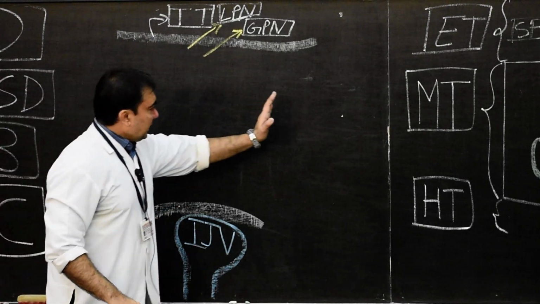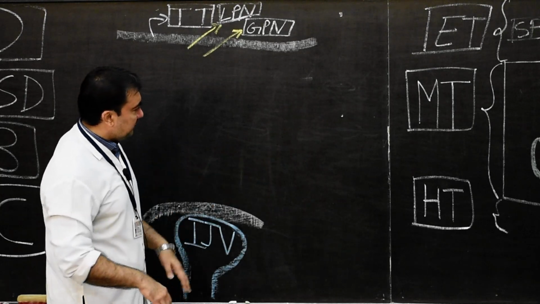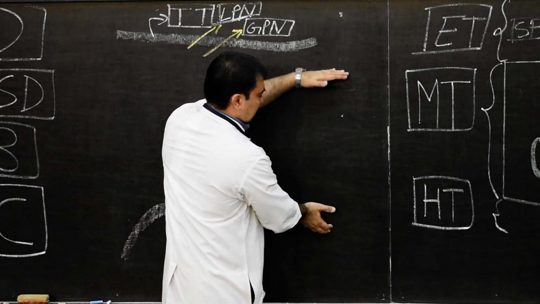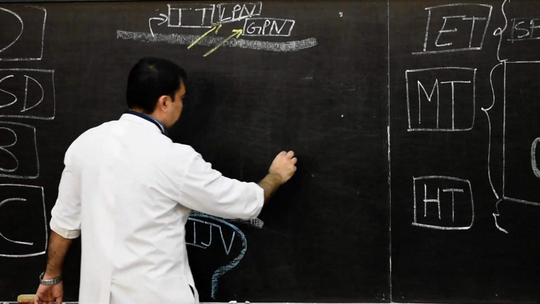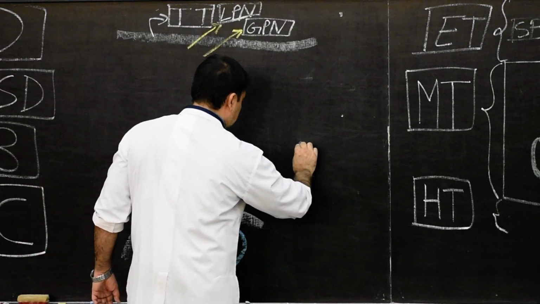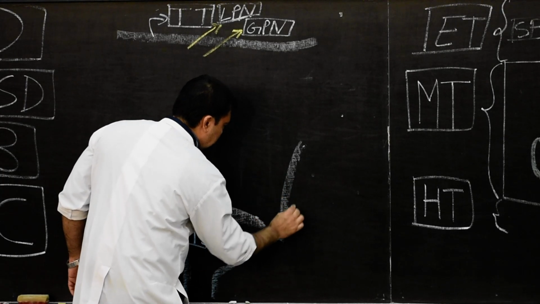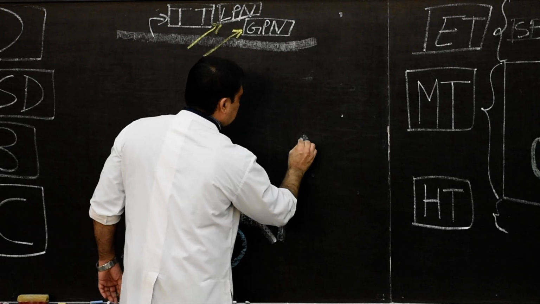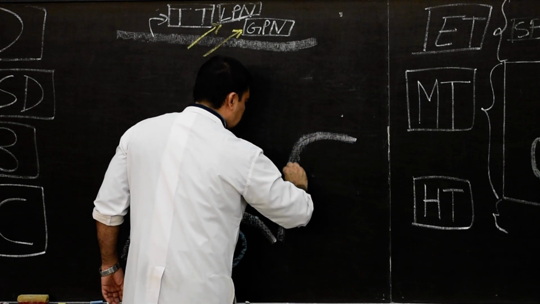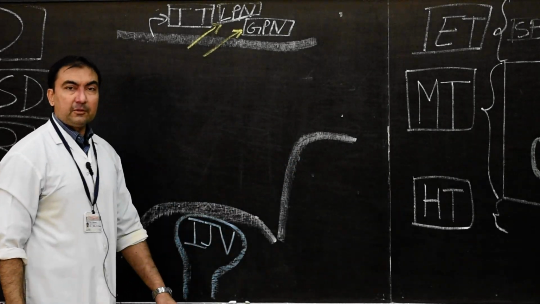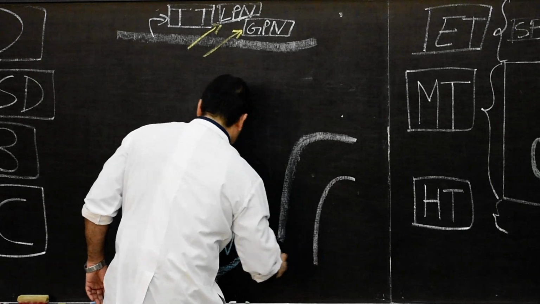Now we come to the anterior side. Let us keep this as anterior. Very interesting. This anterior side we first divide into lower and upper. First we take the lower. In the lower segment, first we make a partition. Let us make this partition over here. This is the partition. So here, this will form the posterior wall of the carotid canal. So let us draw this carotid canal. This is the carotid canal.